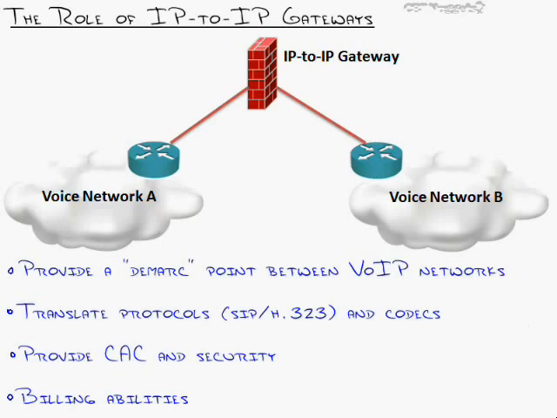When I say that, I think about demarcs, as in, let's say this is your home or your business, you get a new data connection brought in, the service provider trenches up the ground, digs, and then they install a box on the side of your home or business and have a wall jack inside, and they say, that is our point of demarc, or demarcation, meaning that's where the responsibility passes. If something over here breaks, that's our business, and if something over here breaks, that's your business, and you have to fix that. Well, this provides a demarc point, or a line of responsibility, between voice over IP networks, because this really is the future.